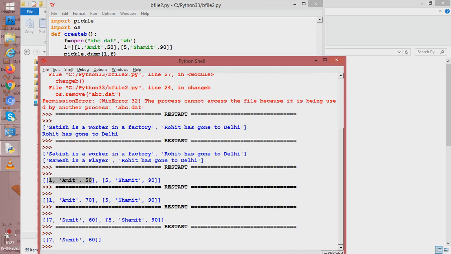So students, what we did today till now: we first created a file having strings, then we updated one of those strings by another string. Then we saw that we can put records also as sublists in a file, then we saw that we can change a particular place of a record, that is, 50 had been changed into 70 for Amit. Then we saw the whole record can be changed, and now we have seen that we can even delete a record by this method. So for lists also we have seen we can do all these things.